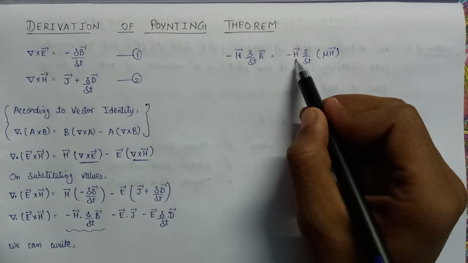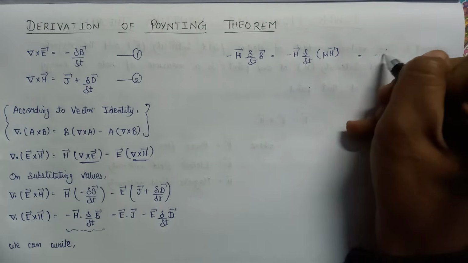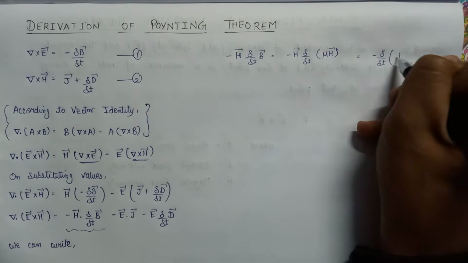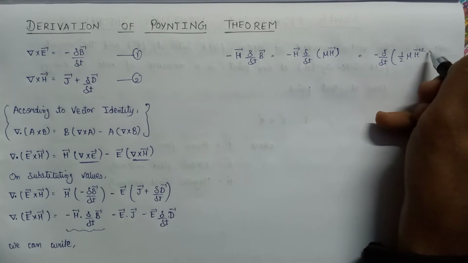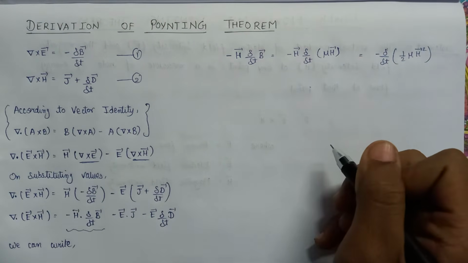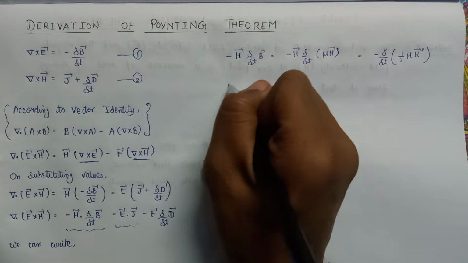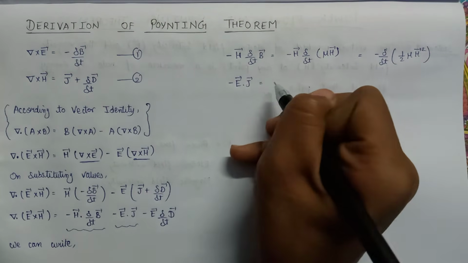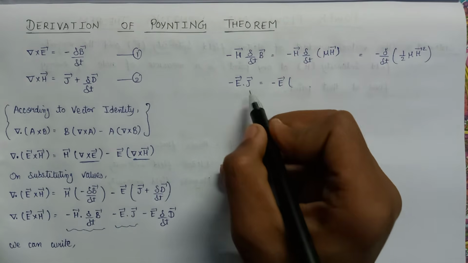If we take this H vector before this del over del T, then it will become minus of del over del T into half of mu, which is being multiplied with H vector to the power 2. Now we will write this second term, that is minus of EJ. So minus of E into J, that is being equals to minus of E, and in place of this J